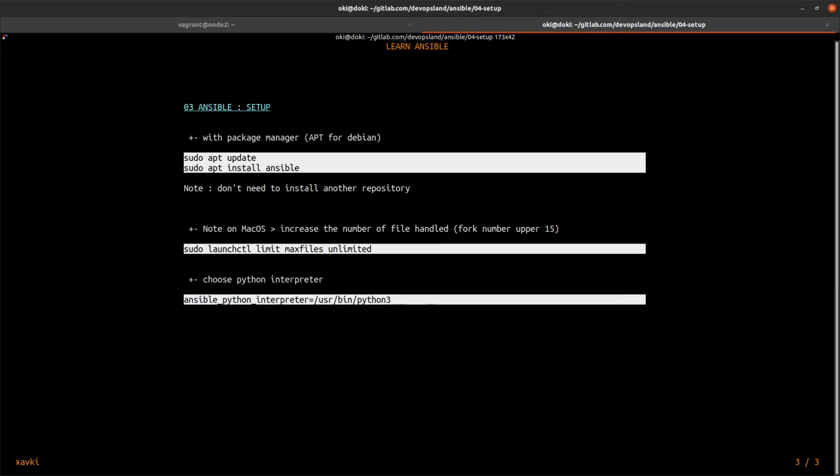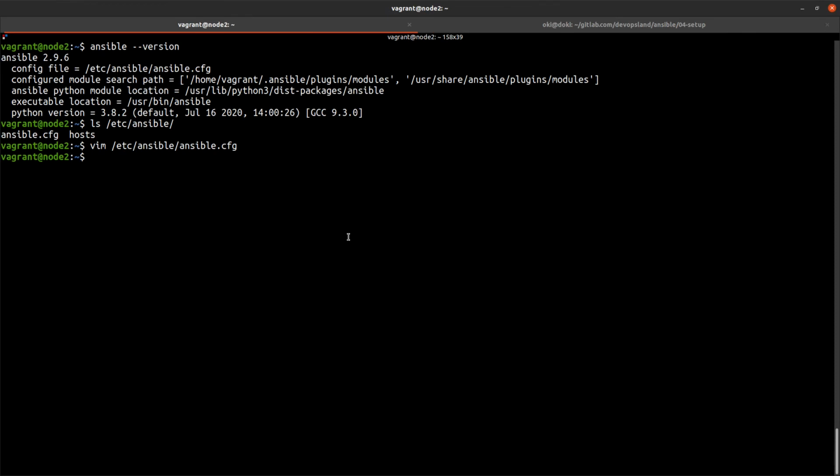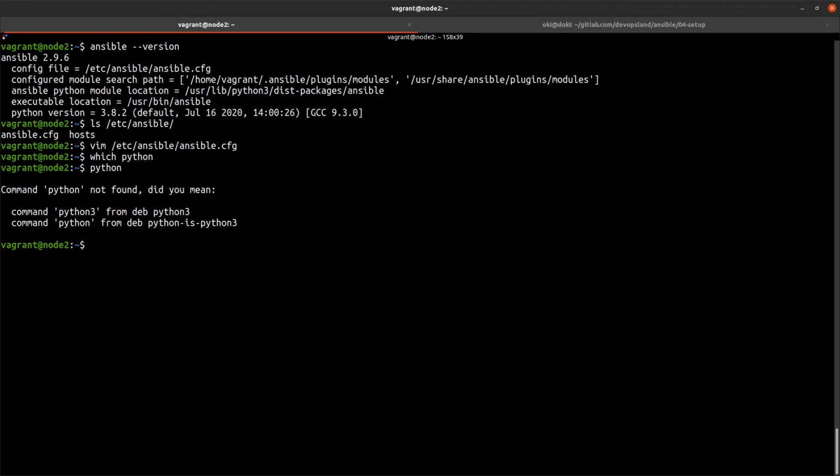Another setting is possible to choose the Python interpreter. To do that, you can specify which Python binary you want to use. On the server you can do which python. We don't have python.